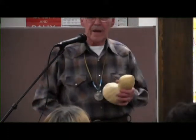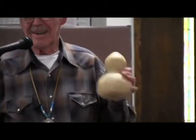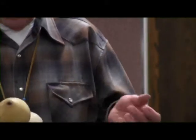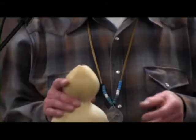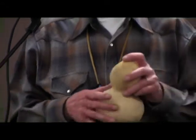And then for another rattle, the Indians like to make noise, and so rattles and drums and the like. I haven't made a drum yet, but I'm working on it. What I did is take a gourd, and if you shake it enough, a lot of times the seeds inside will break loose. And if they don't, what they did was basically drill a hole through the top and then stick their rocks or whatever it is inside. Well, for the Indian, you have to get a plug back in it. So what would they use for a plug? Well, what they did,